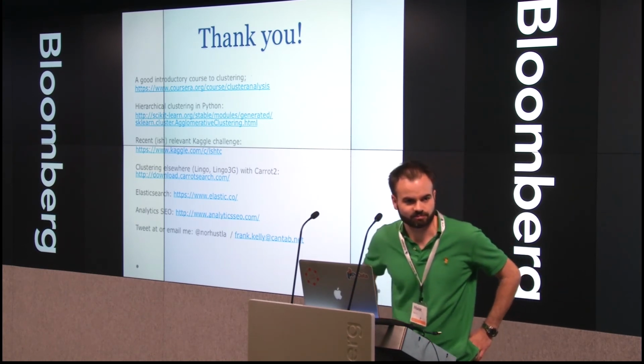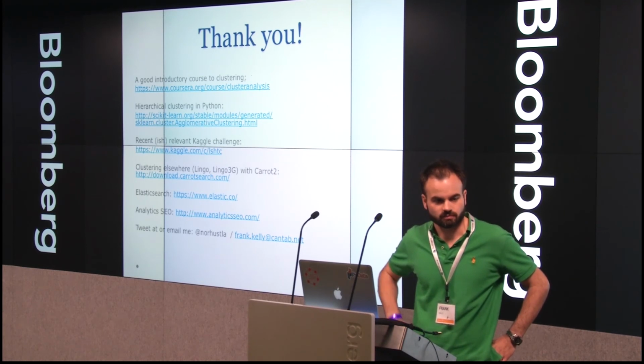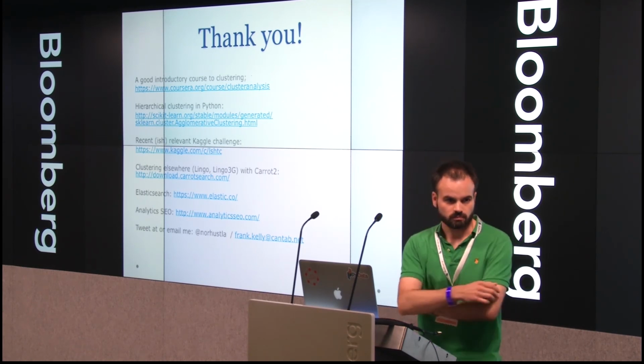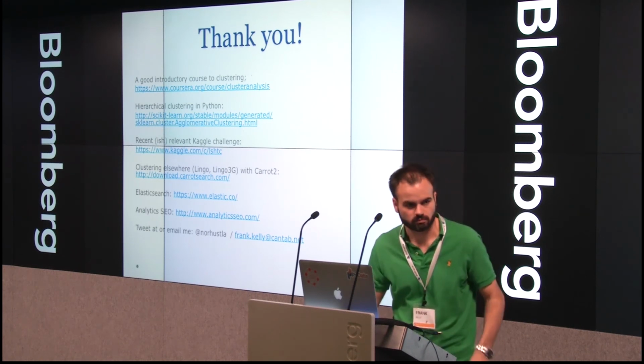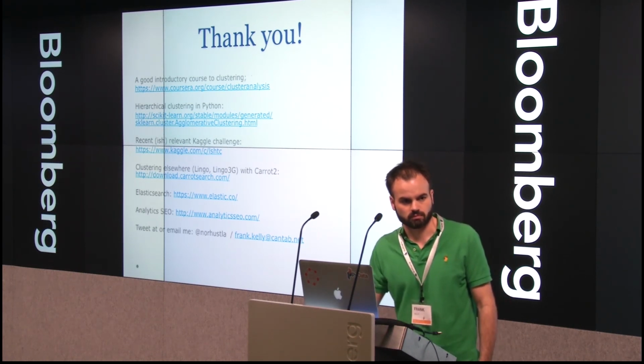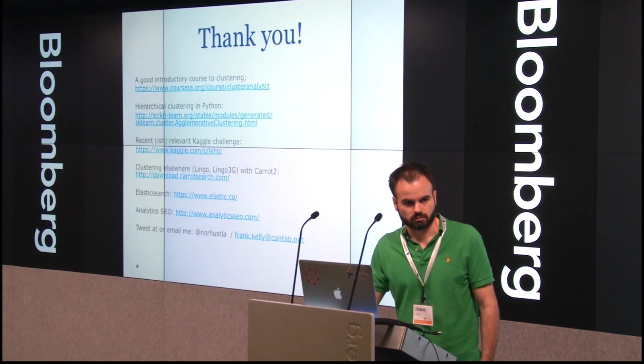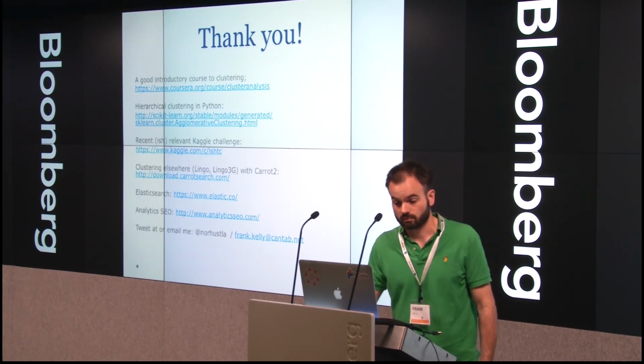Hi there. Really interesting talk. I wanted to hear your opinion on combining different types of features in a document feature vector. So say, for example, you have TF-IDF features, but then you have other features as well, which might be on a different scale, so maybe categorical features that might be binary. Do you think it's okay to combine those types of features into one long vector, or what's your view on that? It's a good question.